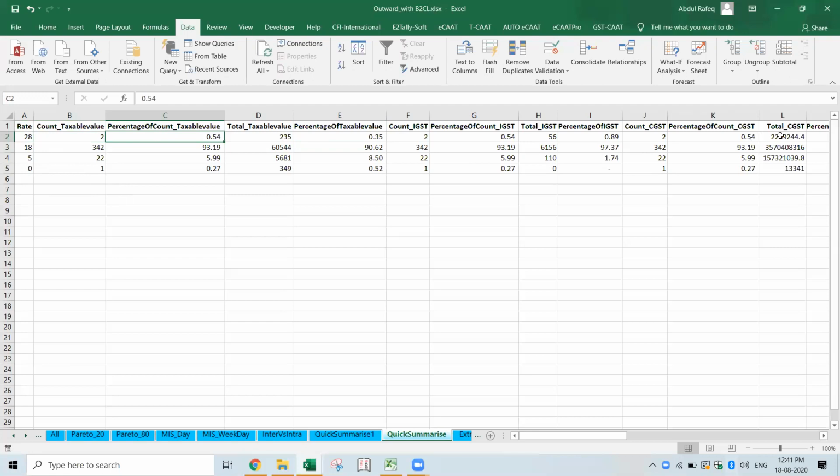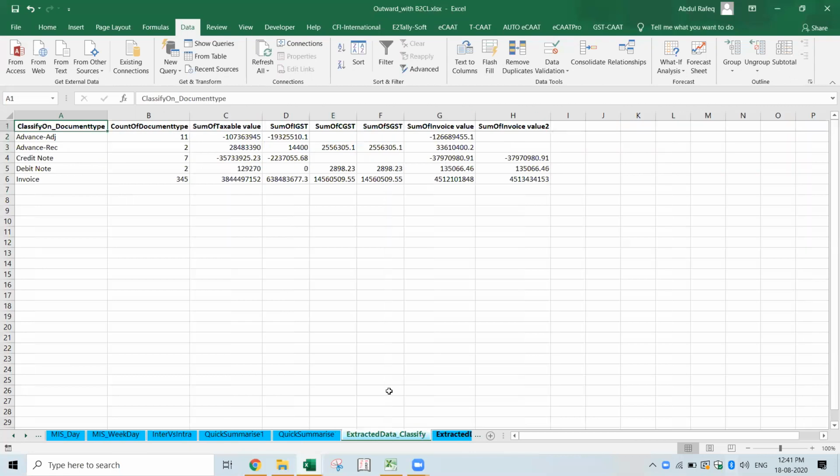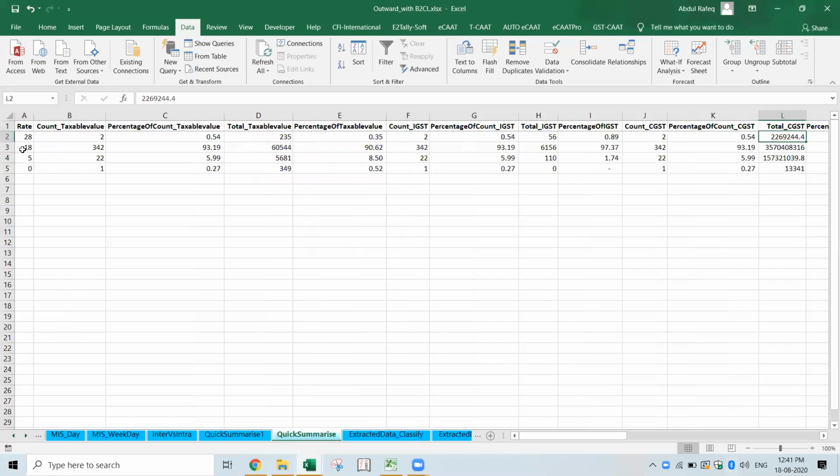Useful for 990, it is useful rate wise. So similarly, I've got one more thing. This is another important thing. Now what I did with summarize was only for numeric data. If the data is numeric, if you see here, this is numeric data, 28, 18.